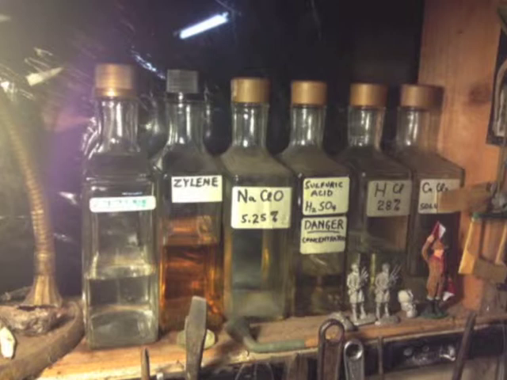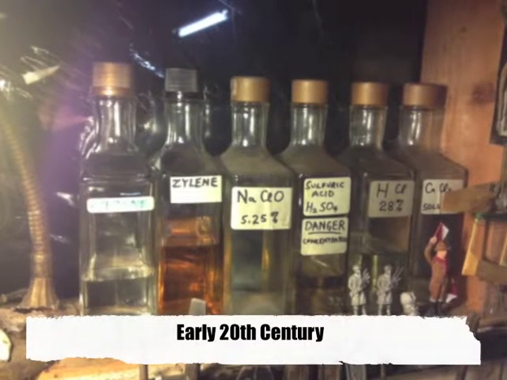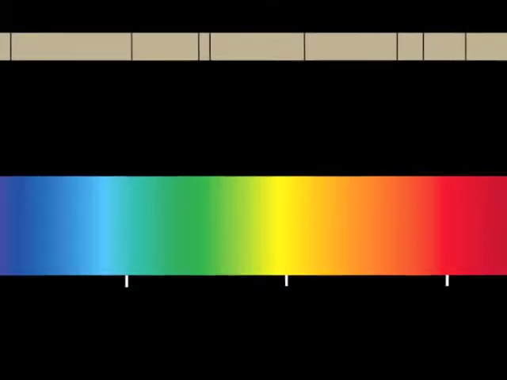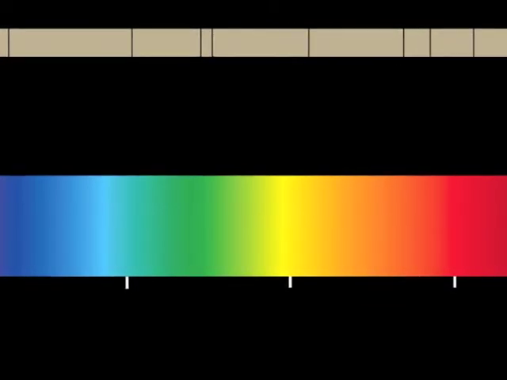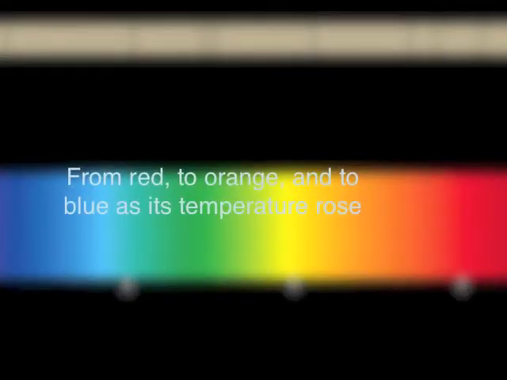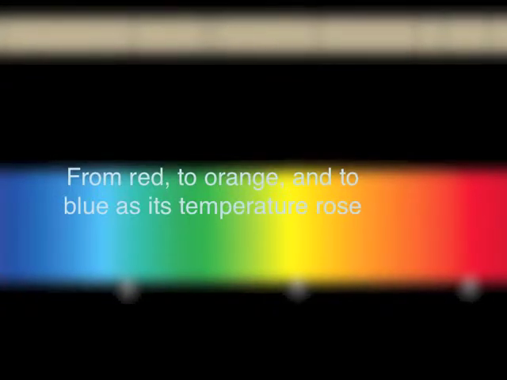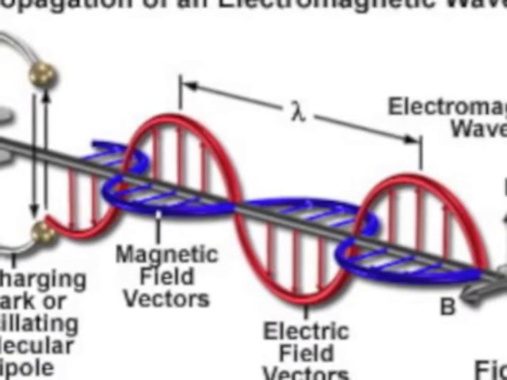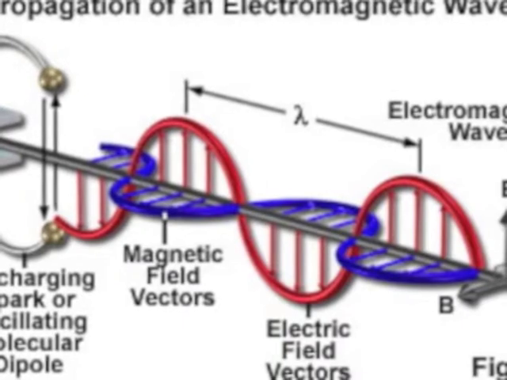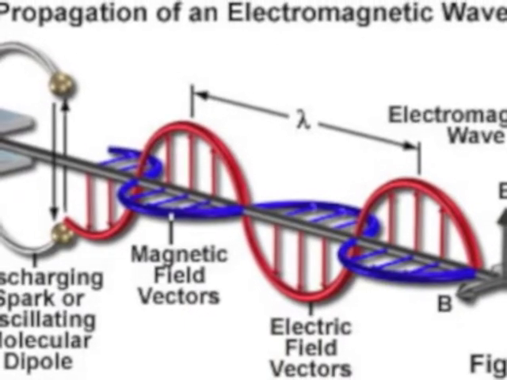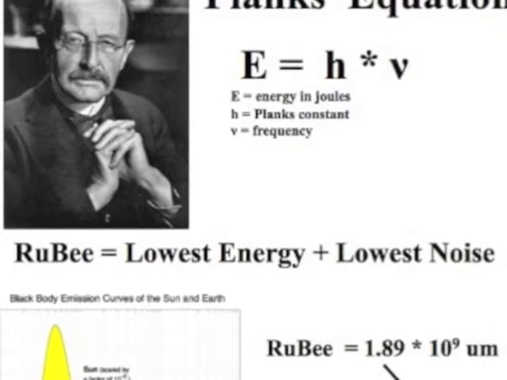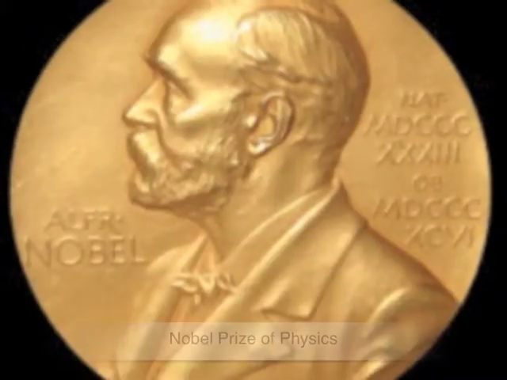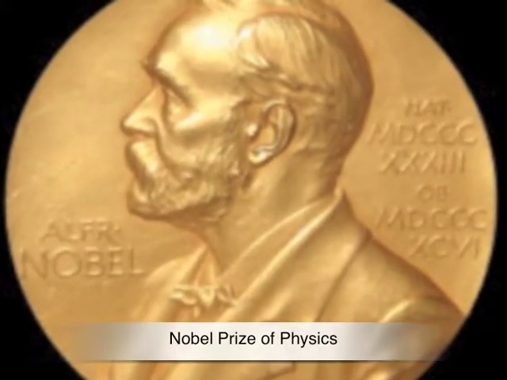A little time before this model formed, in the early 20th century, the first assumption of quantum theory was made by Max Planck. Planck tried to find the reason for radiation from a glowing piece changing in color from red to orange and to blue as its temperature rose. He found that energy exists in individual units, the same way that matter does, rather than just as a constant electromagnetic wave. He wrote an equation to represent these individual units of energy, the quanta. He won the Nobel Prize in Physics because of this discovery in 1918.